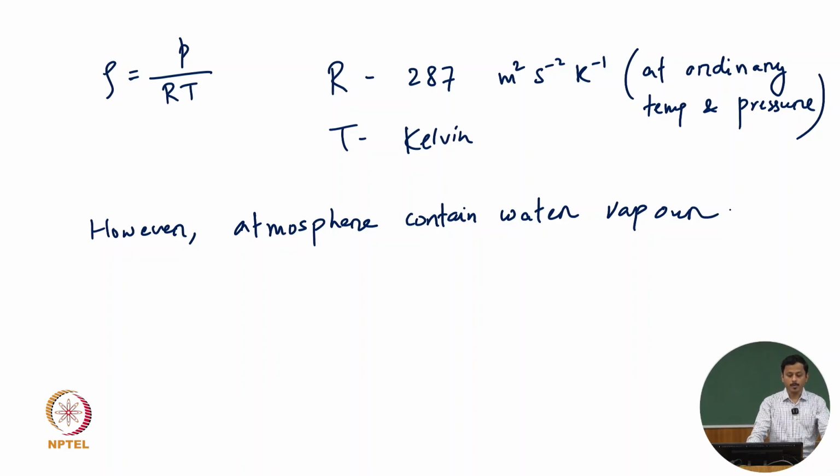The atmosphere contains water vapor too, and this is of course the real situation. The atmosphere contains water vapor, and this is how clouds form and rainfall happens. We all know this. So if we include the effect of moisture, the effect of water vapor, this deviates from the ideal gas law, and the equation of state has a form